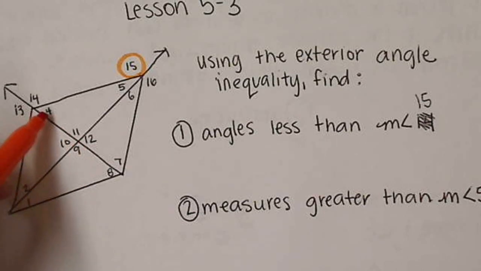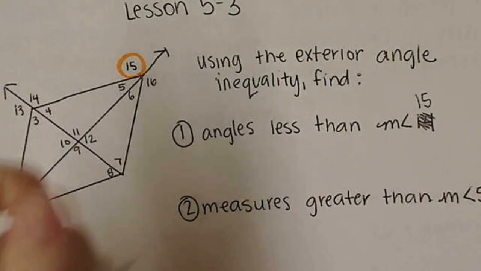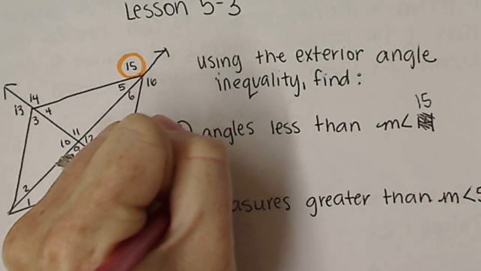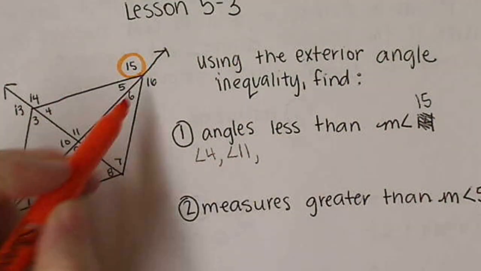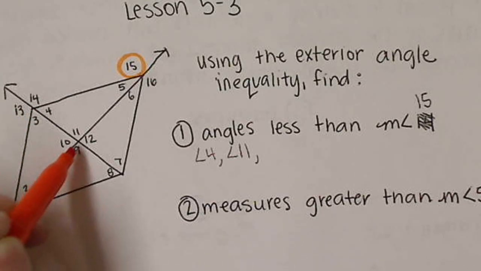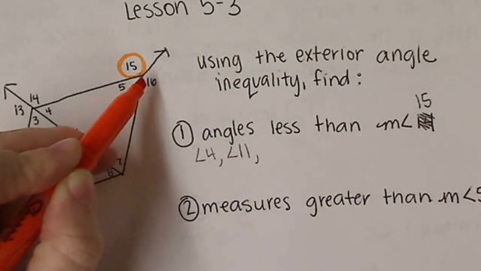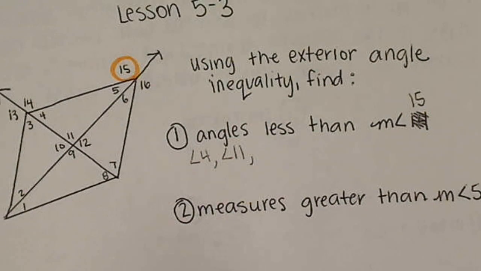These two angles, 4 and 11, are going to be less than the measure of angle 15. So we have angle 4, angle 11. I also see a bigger triangle right here, which means that angle 3 and angle 2 are also